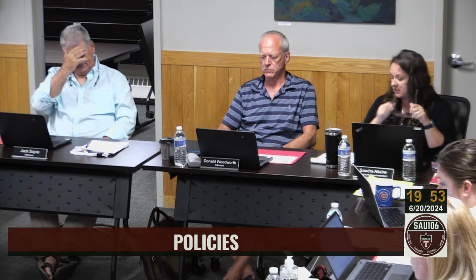The next policy in your packet is EFAA, correct? That one is around meal charging. This policy has some updates, which you'll see in red. It's slightly lengthier than some of the other policies. That language reflects model school board policy language, updates to RSA, and also recommendations that came out of a recent audit around civil rights complaints and processes. You'll see some of that language reflected. That was a specific request that came out of the audit. So you have that before you for a first read.